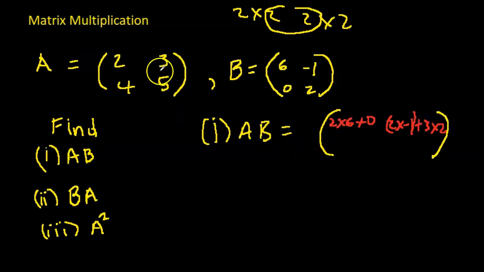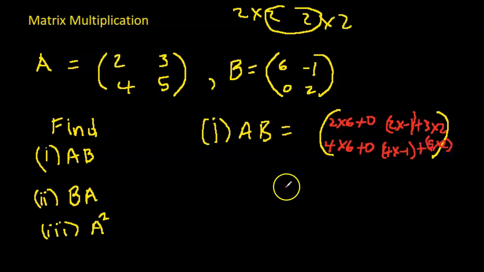Alright, so we'll finish with the top row, go on to the second row. And we'll do the exact same thing. Apply this 4, 5 to each column one at a time. So I apply 4, 5 now to 6, 0. So 4 times 6 plus 5 times 0. Anything times 0 is 0, right? And then we apply 4, 5 now to minus 1, 2. So 4 times minus 1 plus 5 times 2. So when you're multiplying, first number times the first number, second number times the second number,